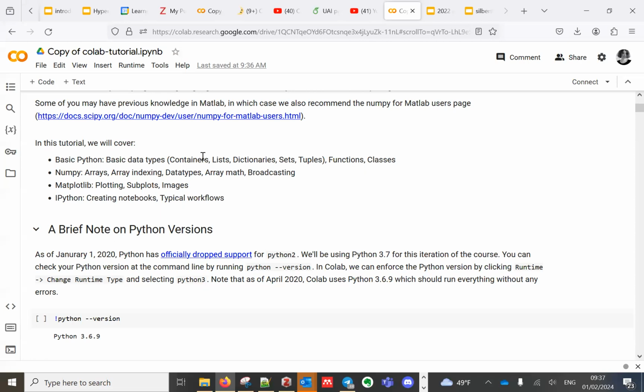For example, data types of containers, lists, dictionaries, sets, tuples, functions, classes. All those data types are essential for programming, and it may sound a little bit more difficult.